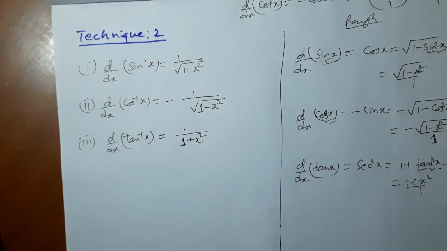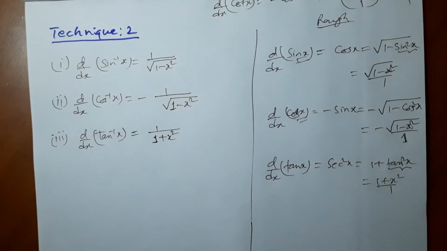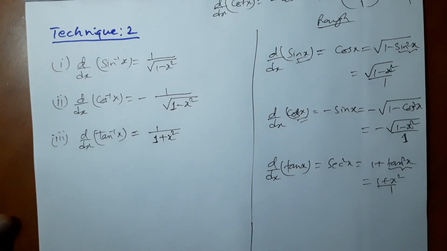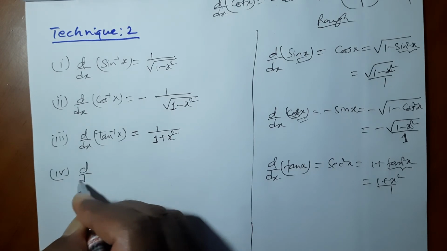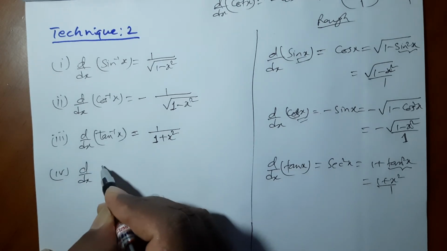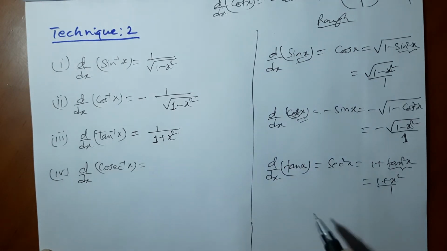And now let's look at the derivative of cosec inverse x. Okay, so derivative of cosec inverse x, dy dx of, let us write the derivative of cosec